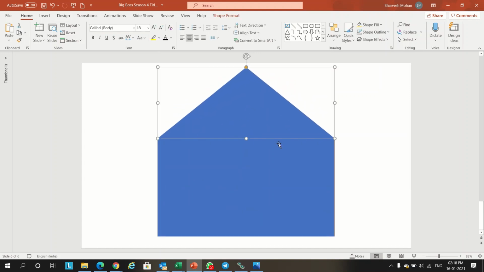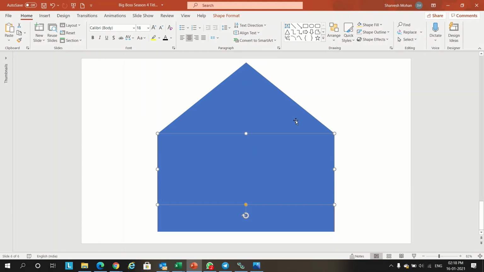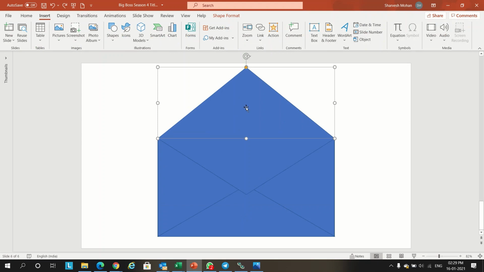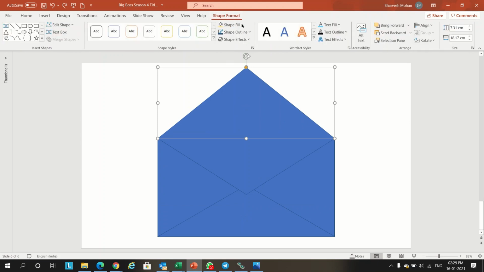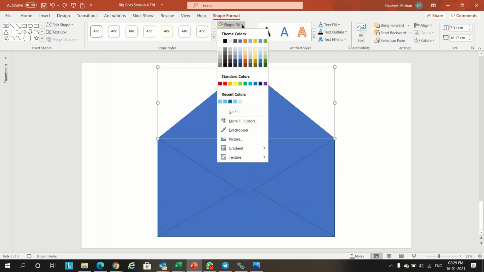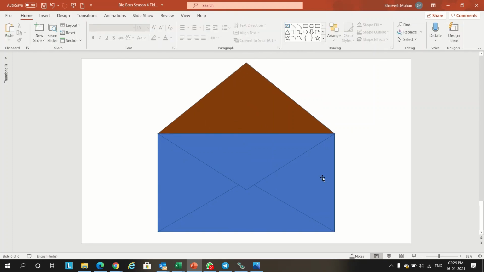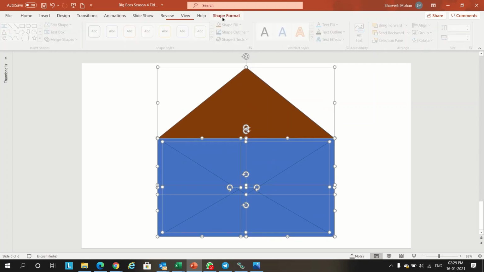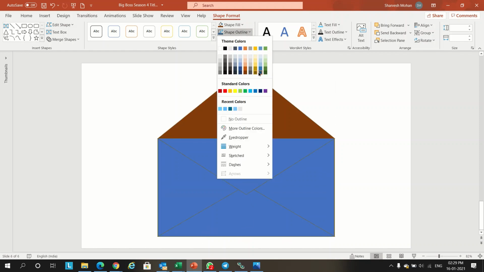Now we have to make the animation for each of the cover. Just select the top of it, go to format shape and choose the earlier color which we chose. Let's select this color and Control A, and we'll give a border for everything.